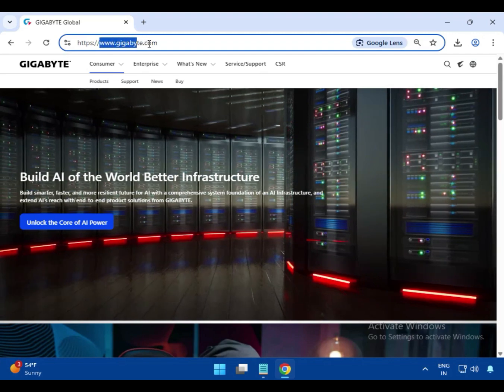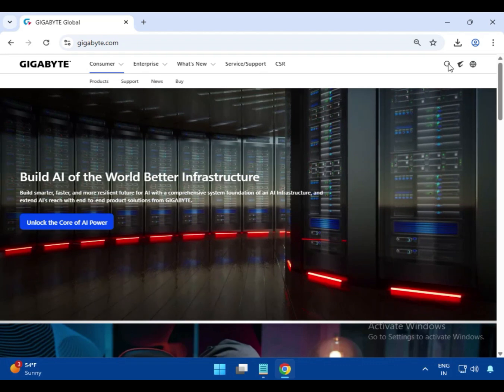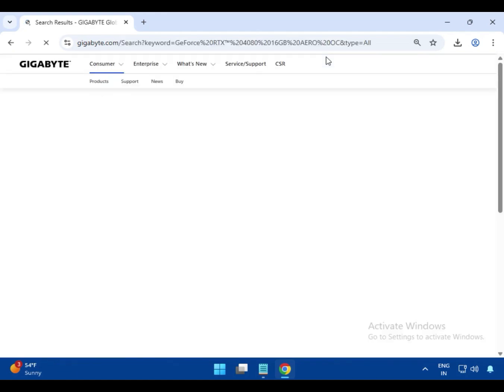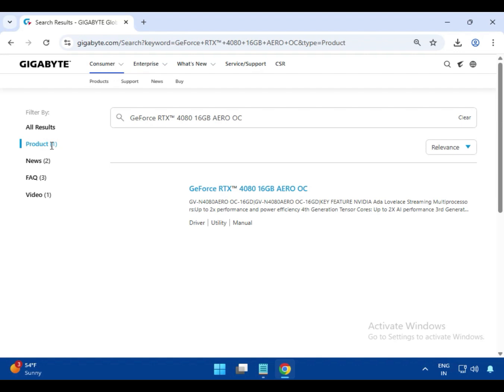So first you have to come to this site, www.gigabyte.com, the official website. After that, click on search and then enter the model number of your graphic card, GeForce RTX 4080 16G AERO OC, and then click on product. After that you can see this is your graphic card. Just click on it